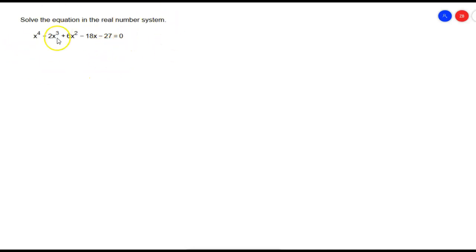So how do we go about solving something this large? Once you get to about a 4th degree polynomial and higher, they are very hard to solve by factoring or other methods. And luckily, we have a rational zeros theorem that's going to help us here. And I really want to do this in my calculator. So what I'm going to do here is